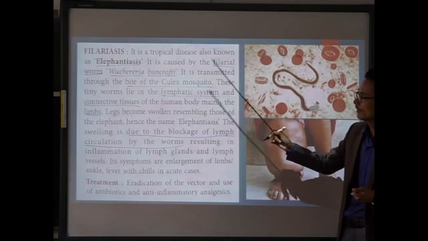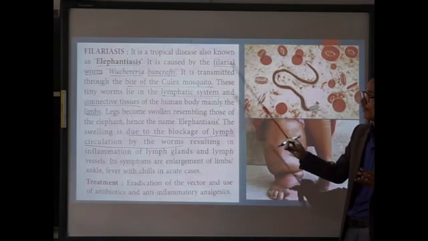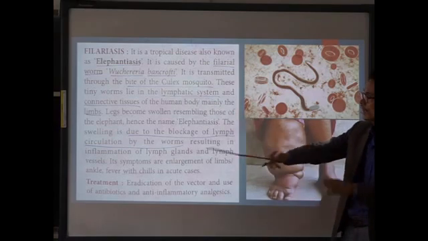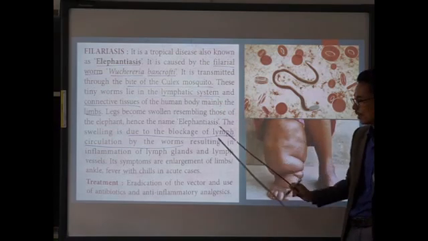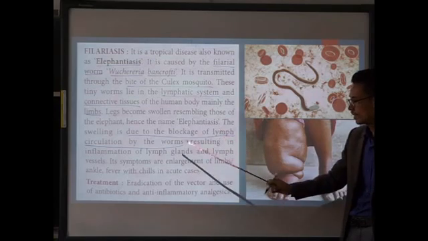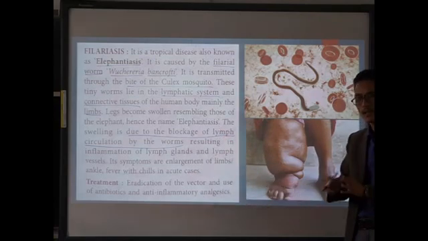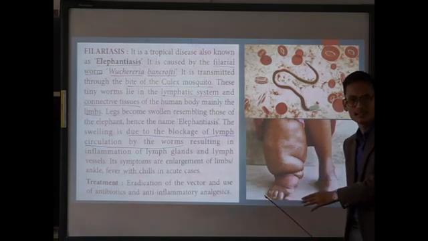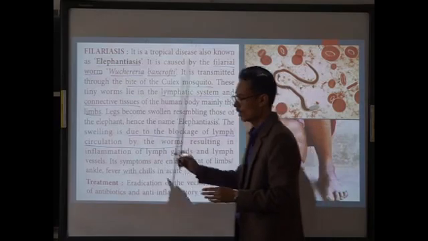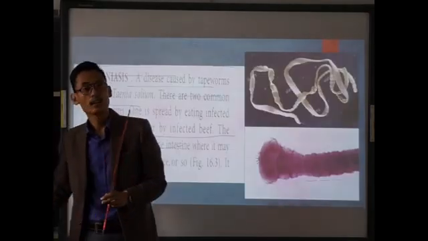So this particular disease, elephantiasis or filariasis, caused by Wuchereria bancrofti, directly impacts our lymphatic system. It will lead to the blockage in our limb. There will be inflammation of the lymph glands and lymph vessels, and swelling of the legs and ankles. Clear? Remember the scientific name, Wuchereria bancrofti.